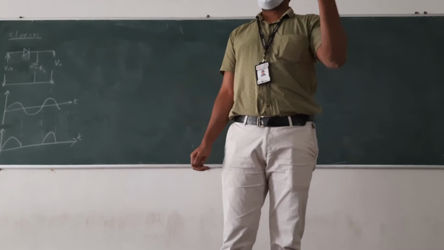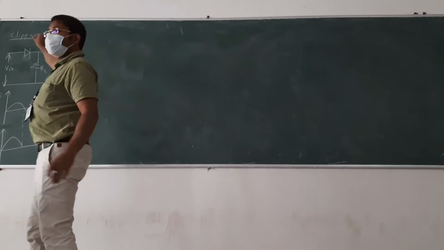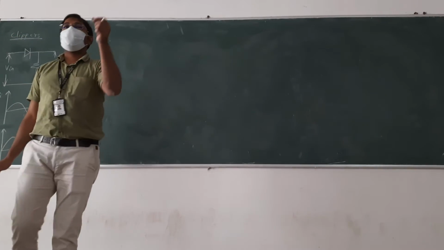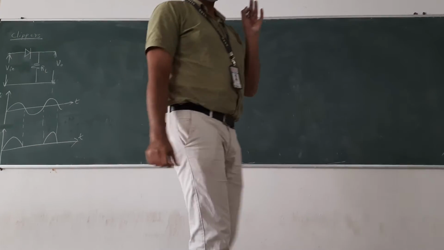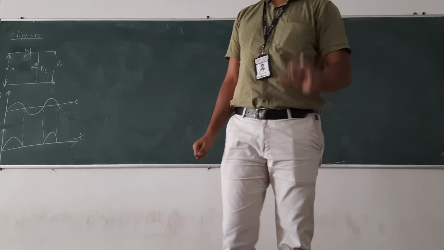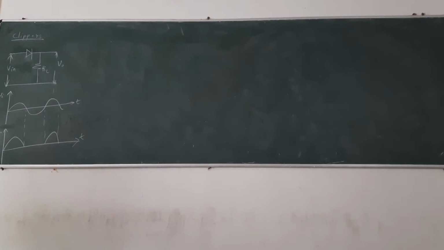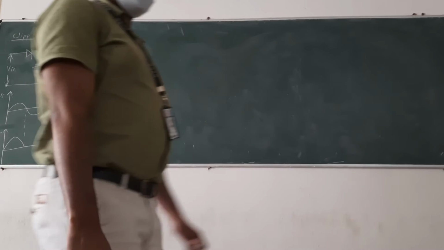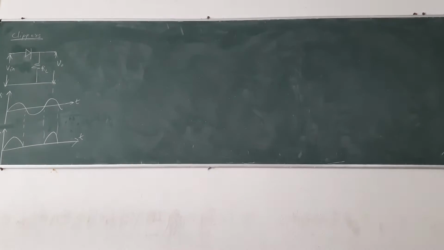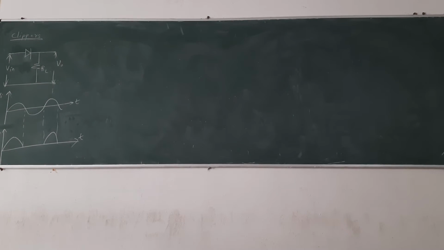First of all, what is a clipper? A clipper is an electronic circuit which clips. Write down the clipper definition first. Don't draw the circuit first. Write the definition. Clipper is an electronic circuit